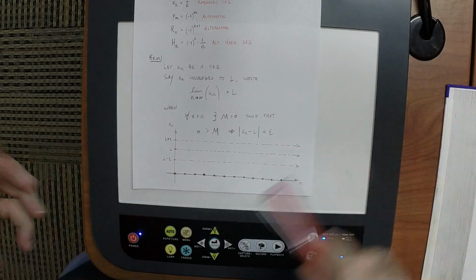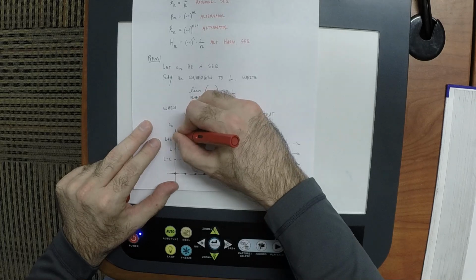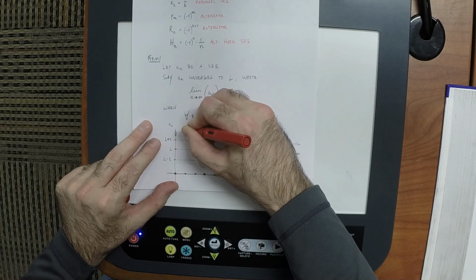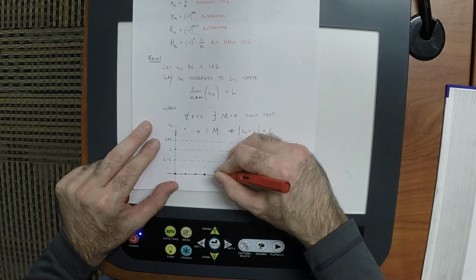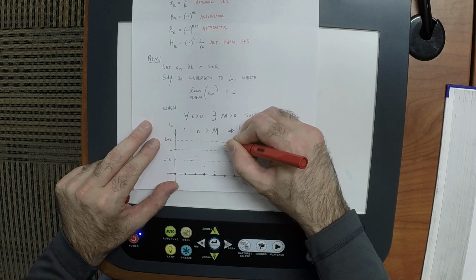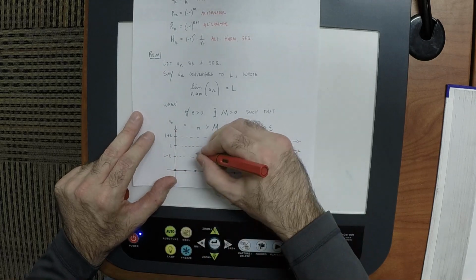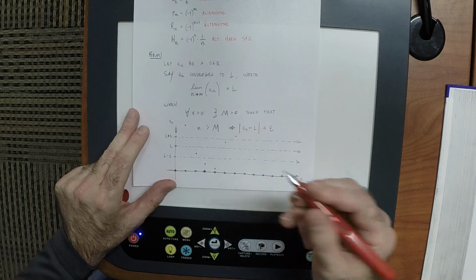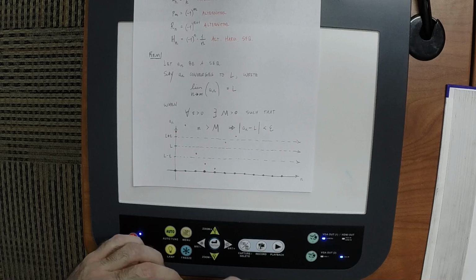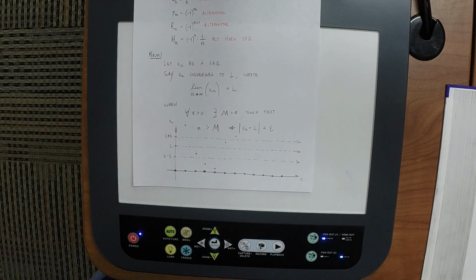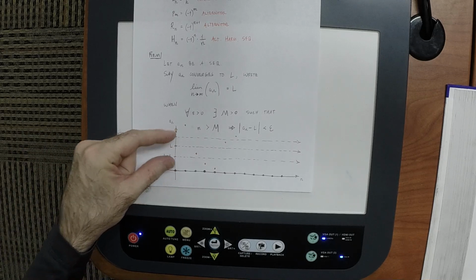So if I plot the sequence, remember it's just a bunch of disconnected points. So I'll plot, say, maybe that's a point, and that's a point, and here's one, and there's one, and here's one, and what have you. Those I've plotted there arbitrarily, really. Some of them are in the strip, and some of them aren't. What the definition is saying is that you're the one in control of the strip. So you get to say how little it is.